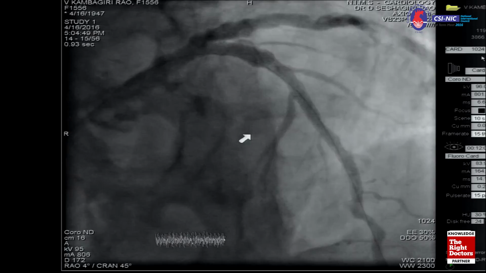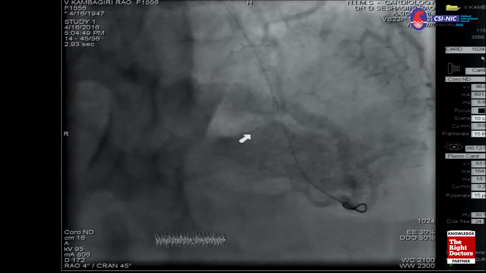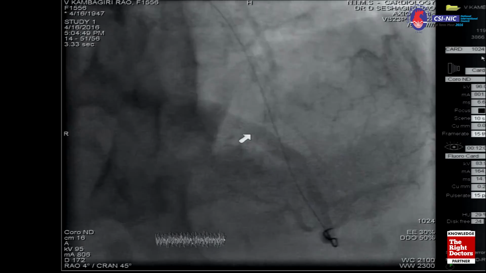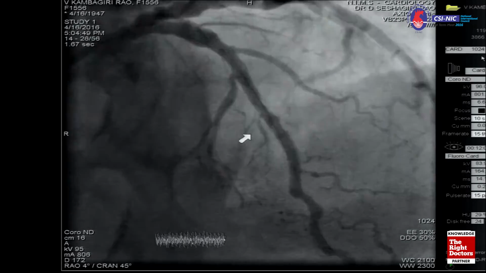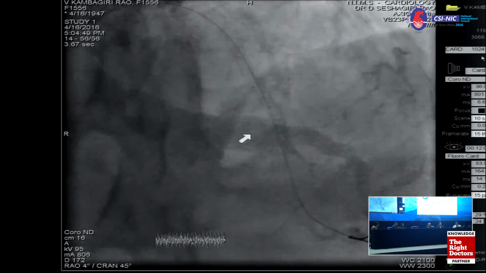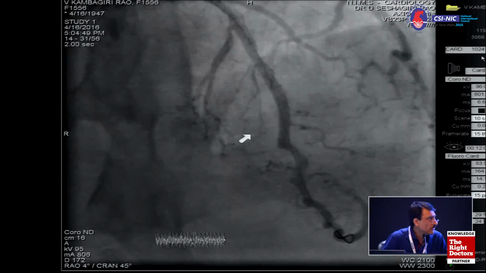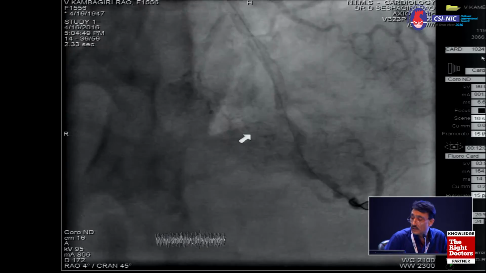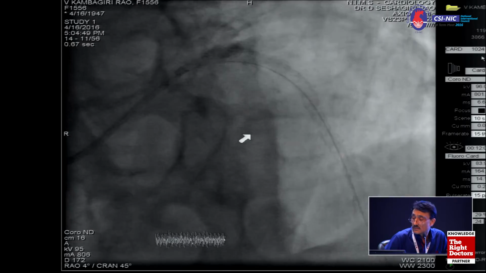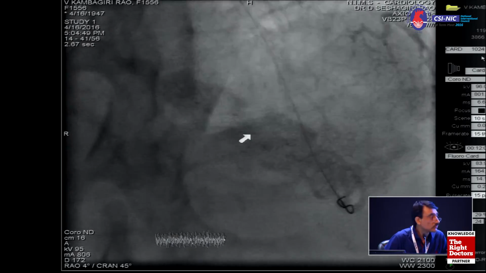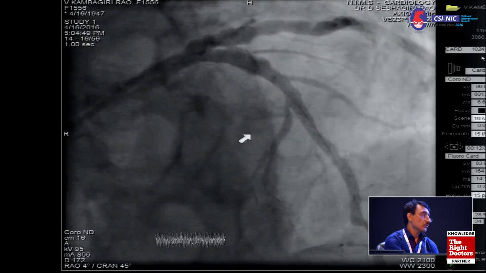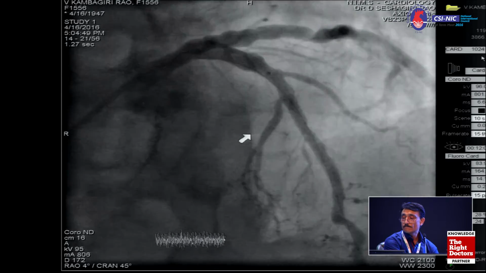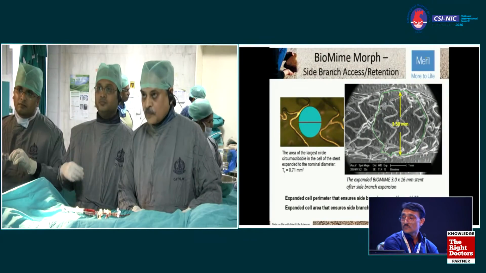How much pressure have we used so far? 9 atmospheres. I would probably go a little more. Yeah, now we are planning to go distally. Distally I also think should take at least a 3 millimeter balloon and dilate it to 12, 13, 14, 15. Something needs to be done. 3.5, sir. One minute. Even distally, remember it is 2.75 distally. Take another 3 millimeter balloon. There will also be malapposition unless you are confirming it with IVUS or something.